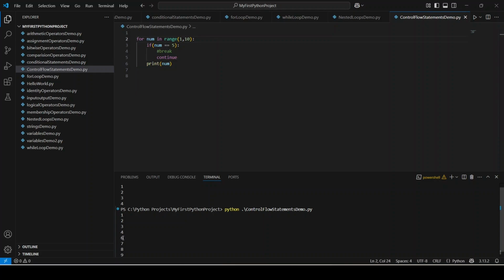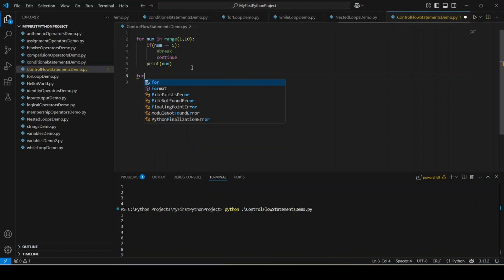But it continued with the next value. So it incremented the number. I mean, it has taken the next number 6 and it printed those. So similarly, using continue, you can print some even numbers also. So you can try